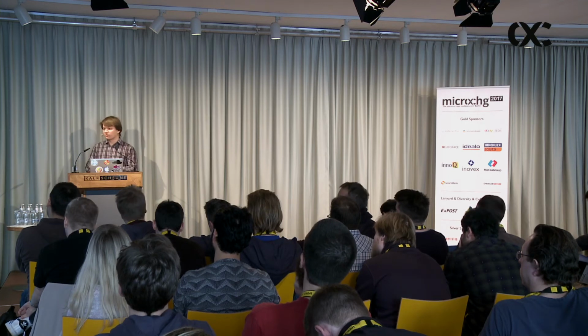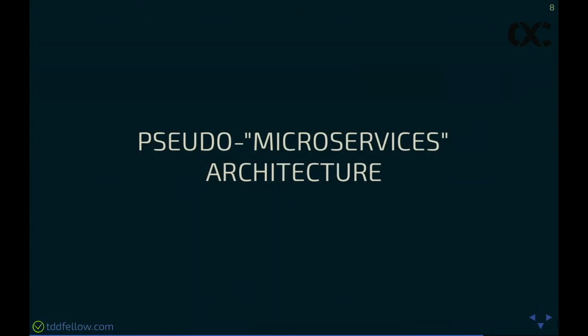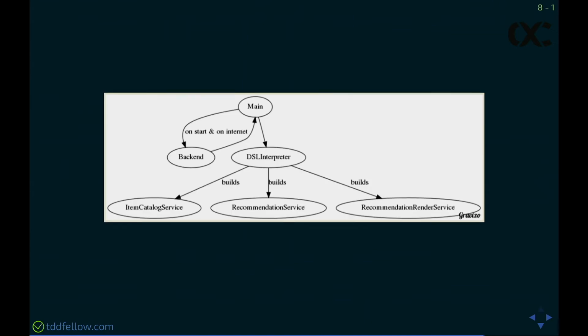So I will show you an approach that sacrifices only one of those properties, which is independent scalability, because it doesn't actually run them in services. It's a pseudo microservice architecture on mobile, which for the use case that I've shown you would look kind of like that. You have a main application, which is a main function or main class, an entry point to your system. And when it starts and there is internet, it will go to your backend and fetch all the services. It will ask, what are the services that you have? And get all of them.